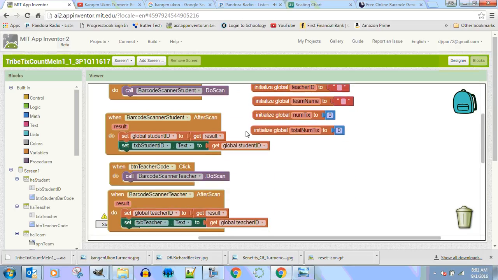No. So we have to come up here, duplicate this, and say this is the password. Is the password going to be a number? Do you do math with passwords? No. So the password is going to be a